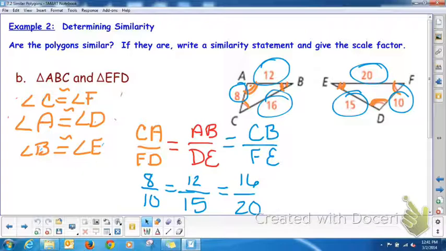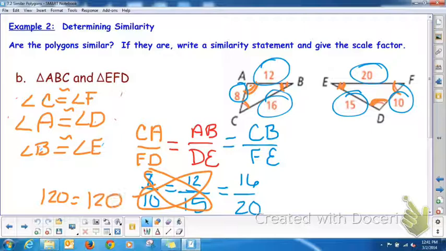You can cross multiply to see if you have equivalent fractions, or you could reduce them all to see if they reduce to the same thing. Either way, you're going to get the same answer. So when you cross multiply every pair, you're going to get 120 equals 120. So this one works. When I cross multiply the next pair,